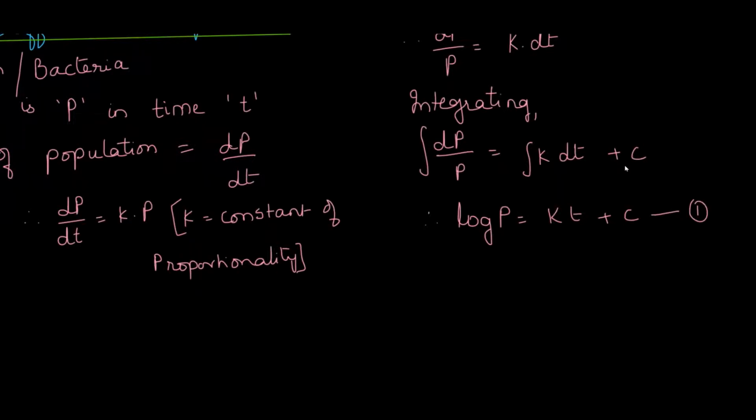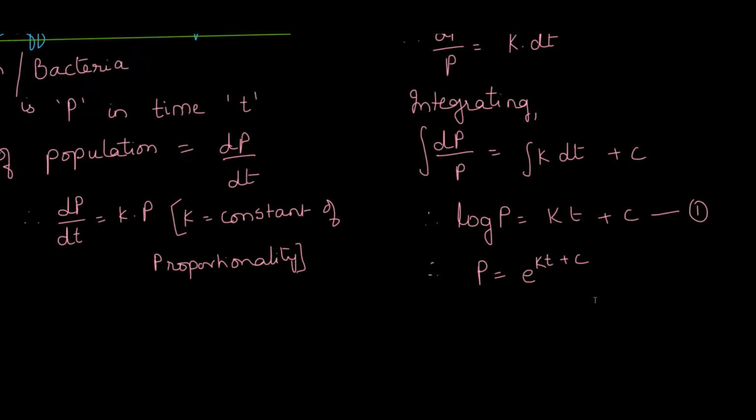We can convert this logarithmic form into exponential form by taking log to the RHS. When we take the log sign to the RHS, the log sign will turn into an exponential sign in this way. Just pay attention to this next step. So therefore we get P is equal to e raised to kt plus c. This way it becomes. So again, this exponential form also we will be using in various sums. As the situation arises, we will be using this form. Okay, so we can use both these forms.